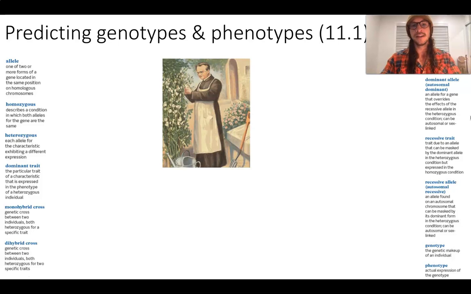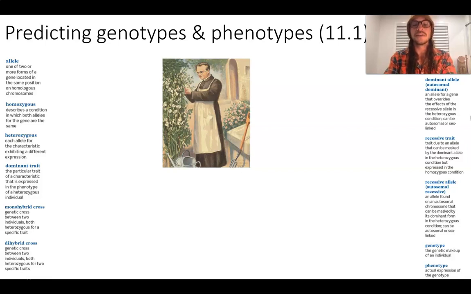Okay, here's a picture of a man by the name of Gregor Mendel, and if you've ever studied genetics before, you've surely heard that name, probably in conjunction with the term Punnett squares. So Gregor Mendel is known as the father of genetics because of his work with the common garden pea in his monastery. He was a monk as well as a biologist who conducted over 28,000 experiments, and in them he